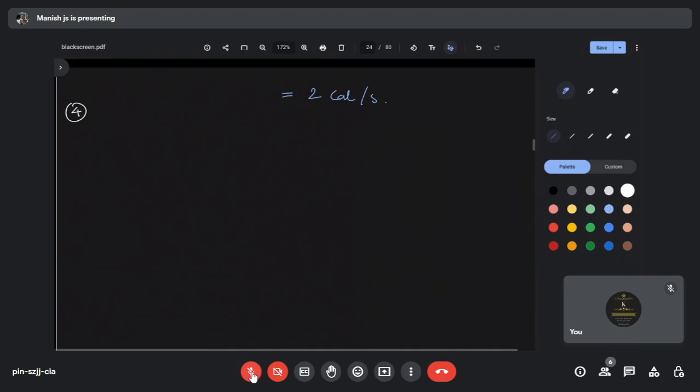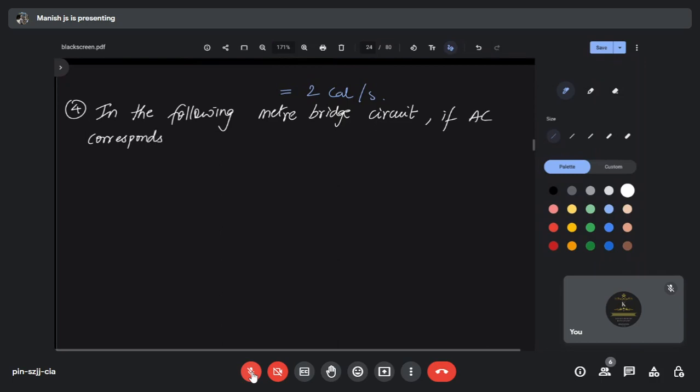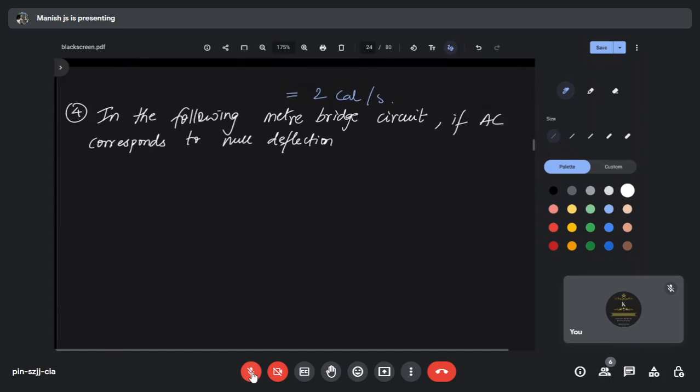Okay. So moving on to the next model. In the following meter bridge circuit, if AC corresponds to null deflection of galvanometer